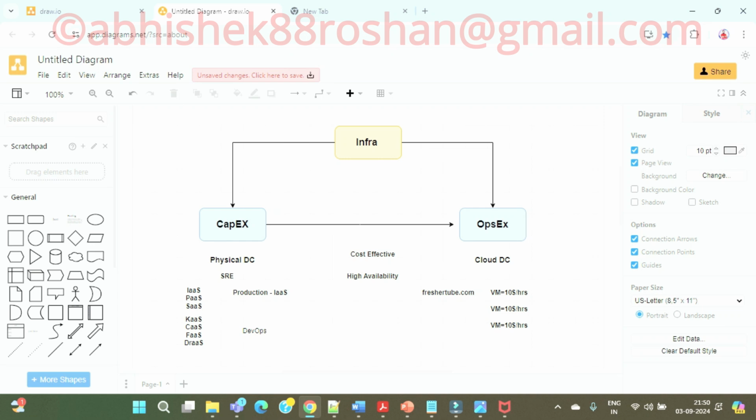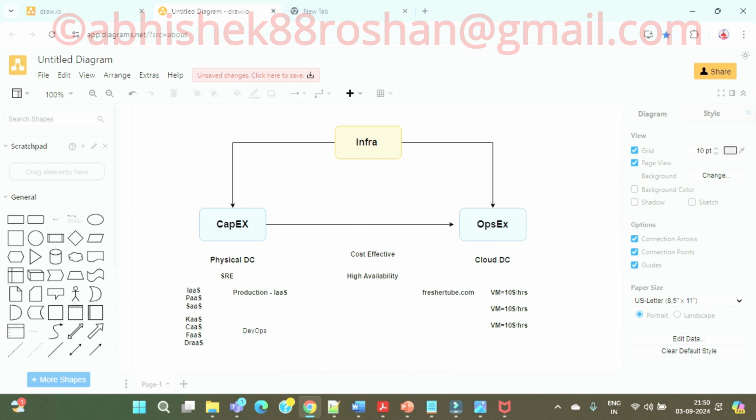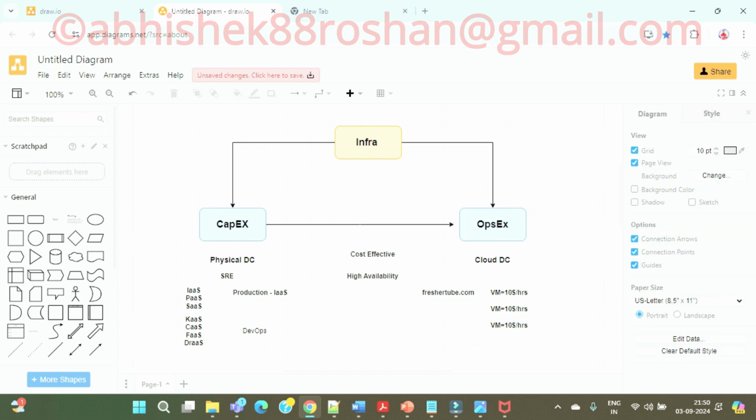I'll achieve that when there is a cloud service provider, and those things I get only with operational expenditure. So I only have to bear the cost of operations. I need not worry about the capital expenditure. You are understanding my point.